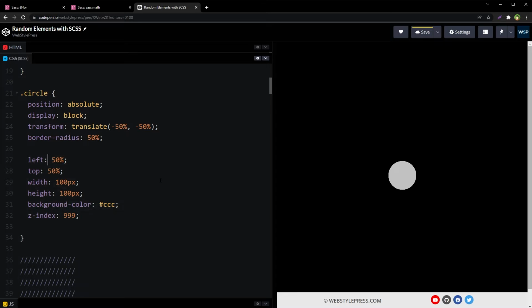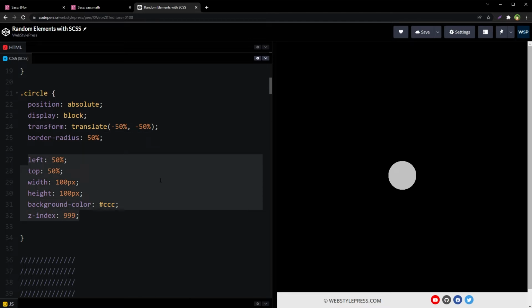There should be a way where we can insert dynamic values here instead of static ones, because we are creating many circles with different left and top properties, and those circles will have different width and heights. Their background color will be different, their z-index position will be different, so these values should be dynamic.